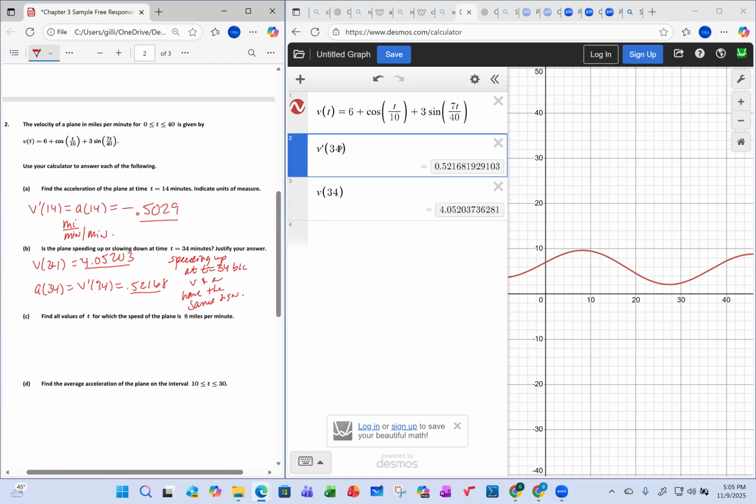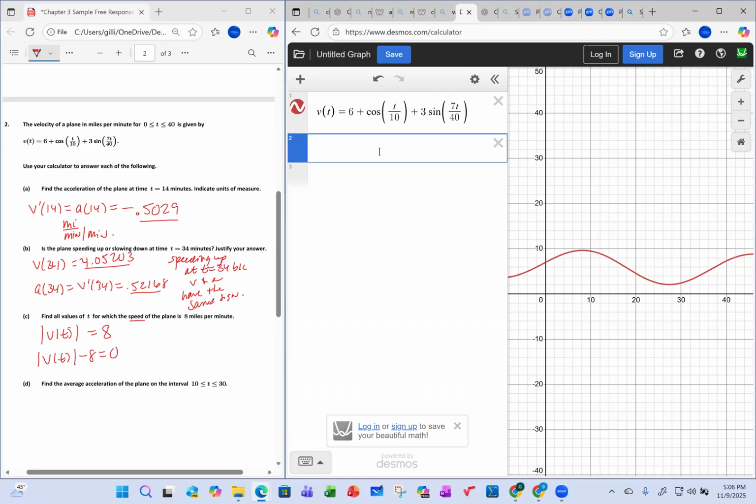All right. Find all values of t for which the speed of the plane is 8 miles per minute. So speed is the absolute value of velocity. What I find is easier is to just subtract the 8 and to calculate the 0. So I'm just going to subtract the 8. So I'm just going to do v at t